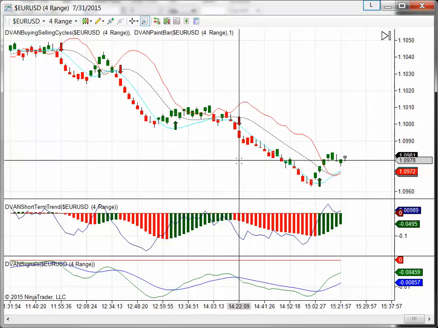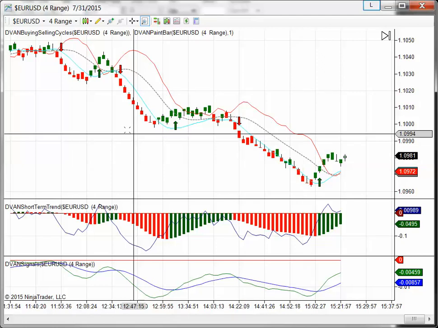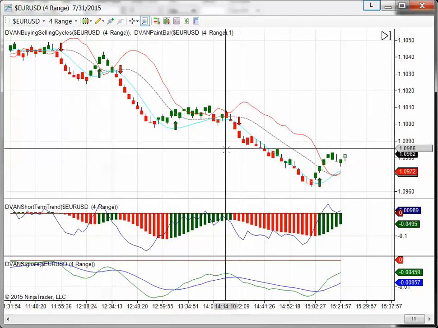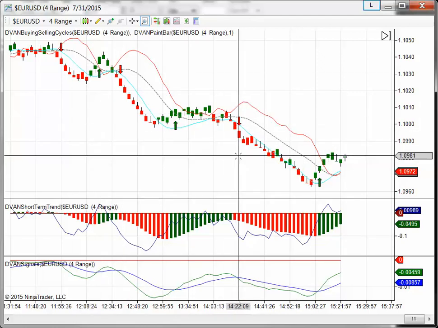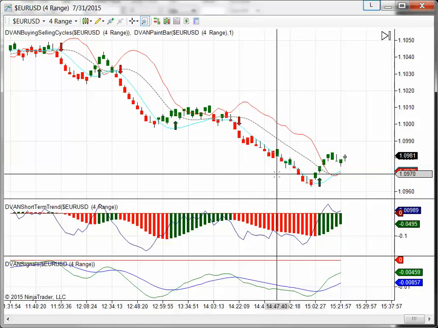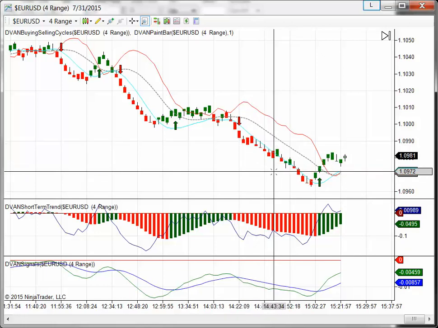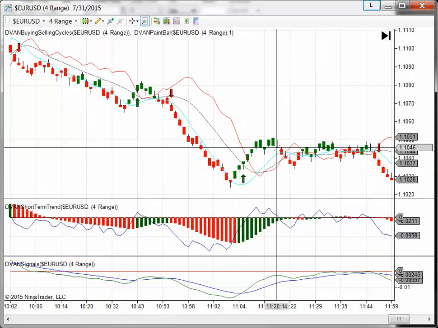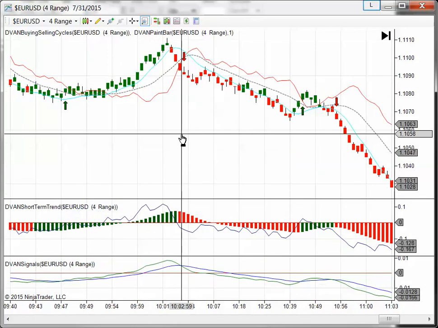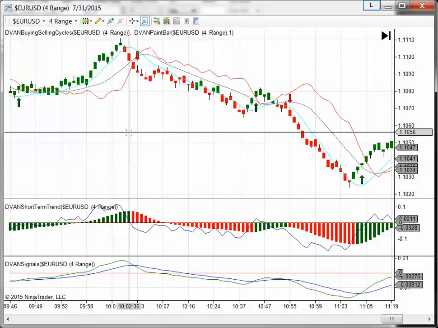The last trade that we'll go over is a short trade that meets all of our criteria. It's remaining in that longer term weak, negative trend, and we get an 11 bip winner to end this example. Throughout the day, we had 10 trades that we looked at from just after 9:30 a.m. to just after 3 p.m. 7 winners, 3 losers, total of 73 bips made with a very simple entry and exit system based on DVAN